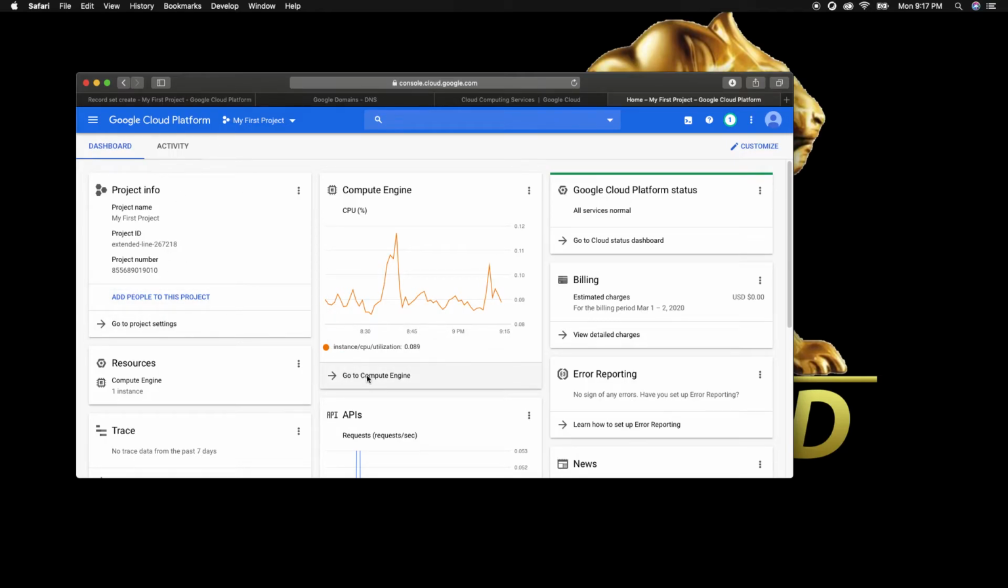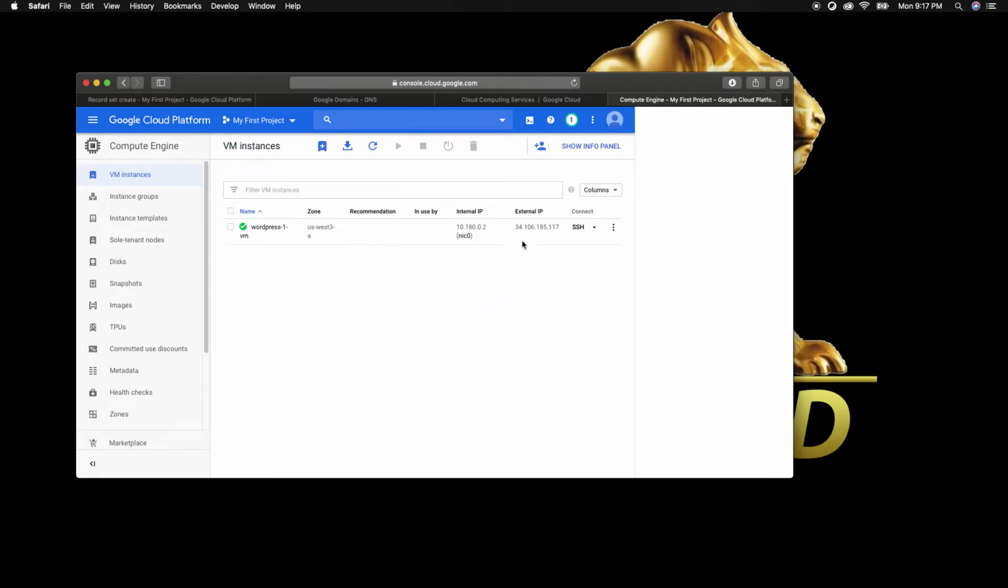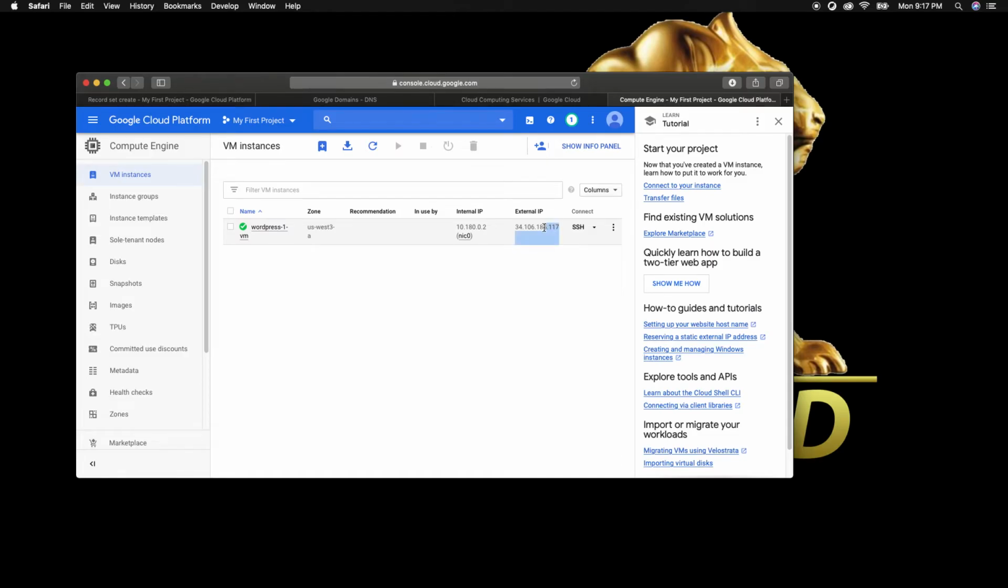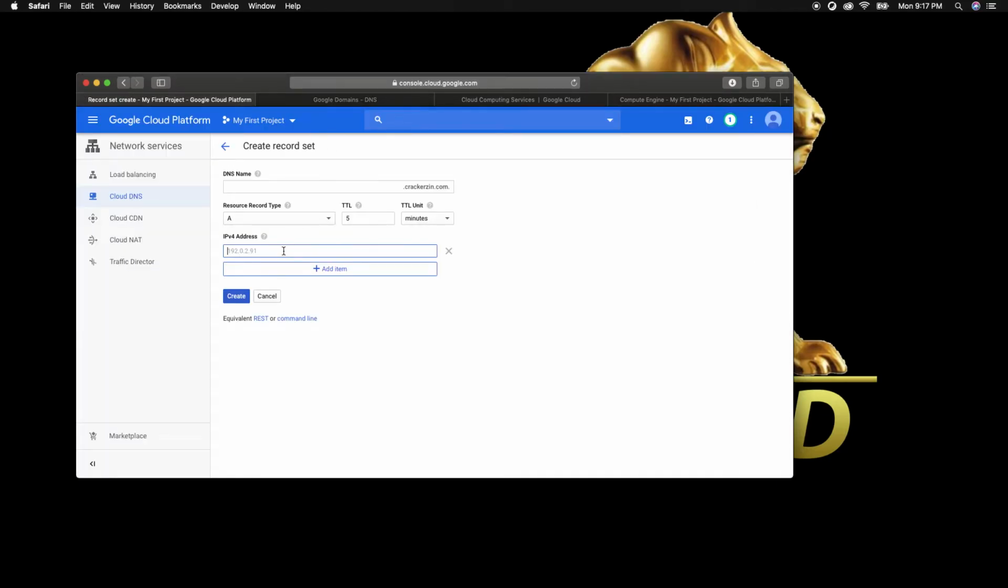So go to your Compute Engine, and this is your external IP. So just copy this and paste it over here. Right,